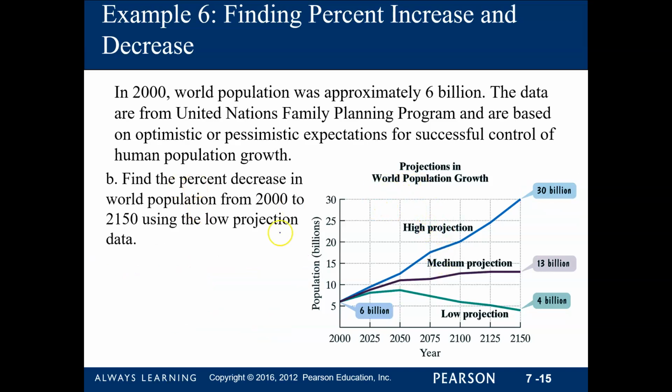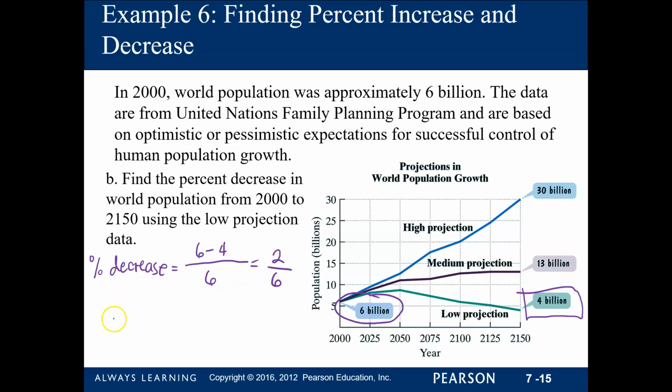Similar question, this time, we're going to be using the low projection. So we are looking for the percent decrease. For the percent decrease, same scenario. Like I said, find the difference of the two values. The original value is 6. Using the low projection, we are ending up with 4 billion for 2150. So again, just find the difference of the two. That will be 6 minus 4 divided by the original value, which is 6. This is going to give us 2 over 6, which, if you change to decimal, will become